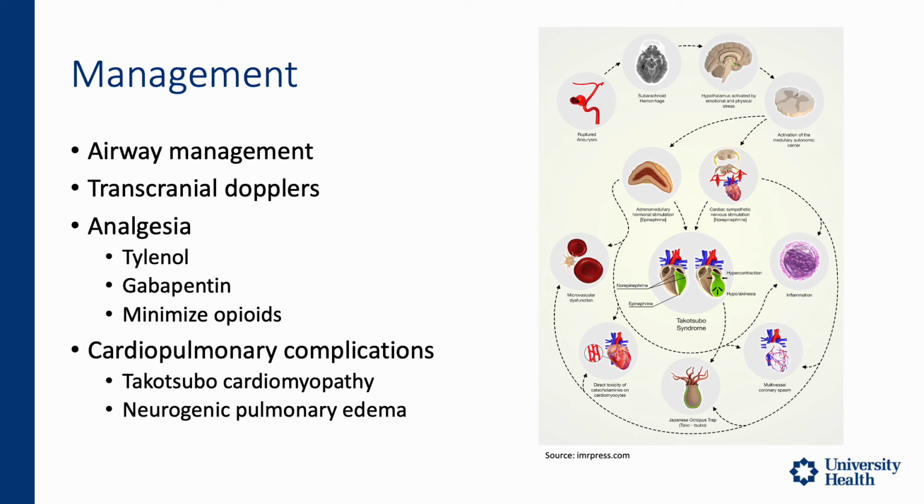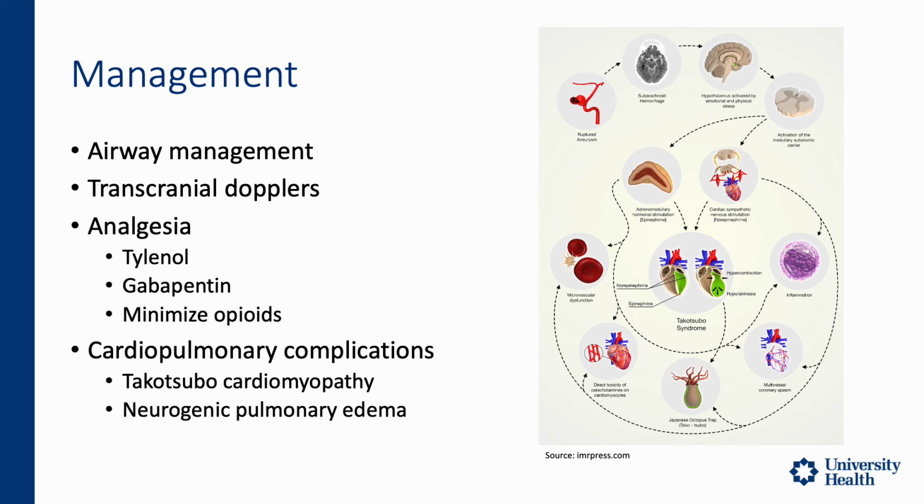A lot of these patients get really severe headaches that do not respond to opioids. Opioids do not work just because it's a different mechanism and pathophysiology of the reason why they're having these headaches. And not only that, we try to minimize opioids because, one, they don't work, and two is their neurological exam is so precious to us that any change in neurological exam will basically make us have a differential diagnosis for these patients, right? Are they seizing? Is their bleed getting bigger, for example,